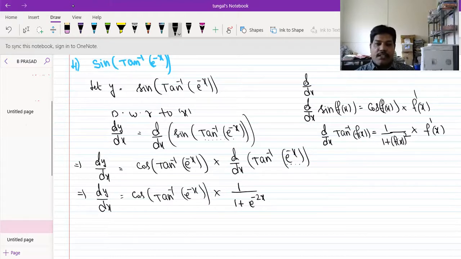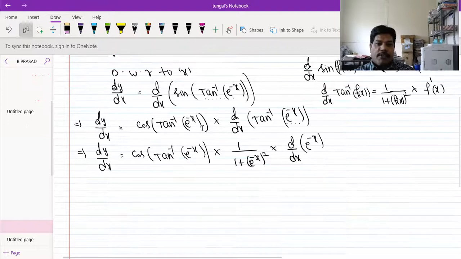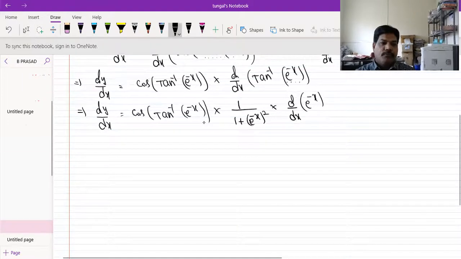Because you can write it as e power minus x whole square, into f dash of x, meaning the derivative of e power minus x. So dy by dx